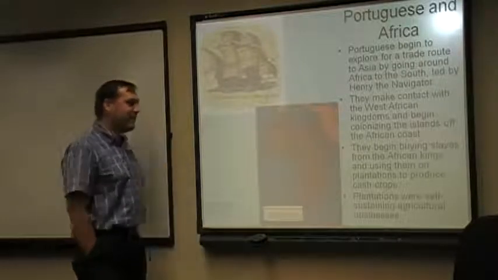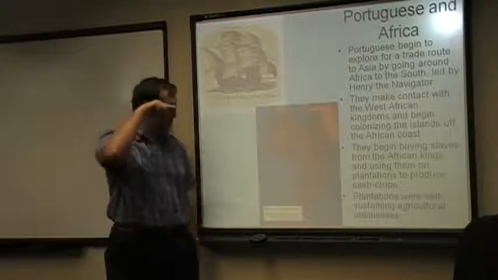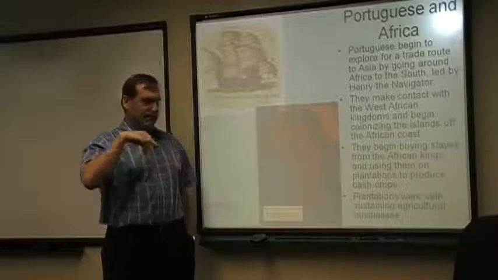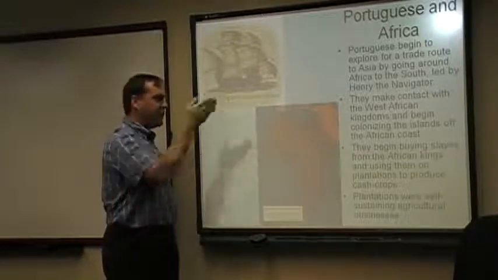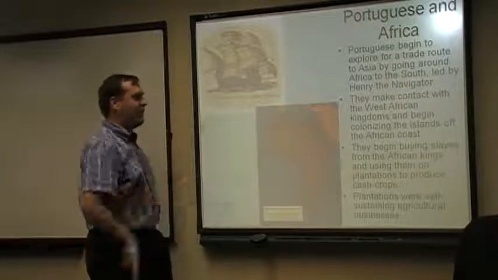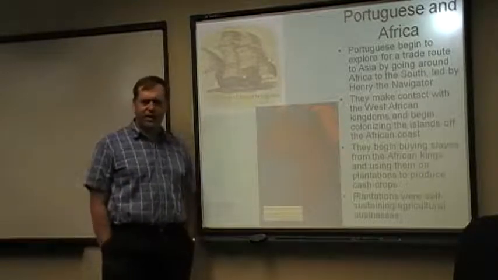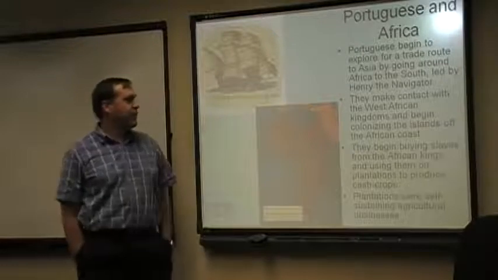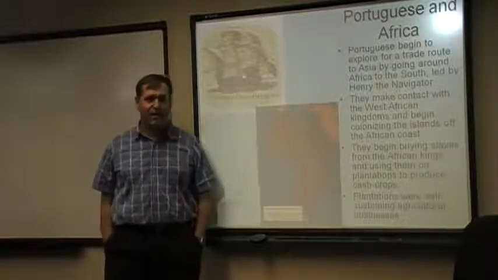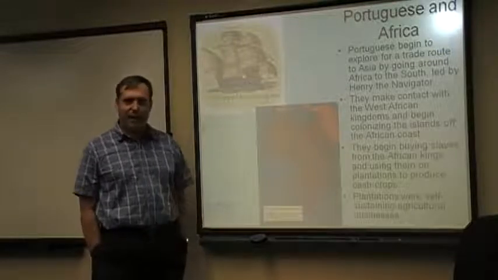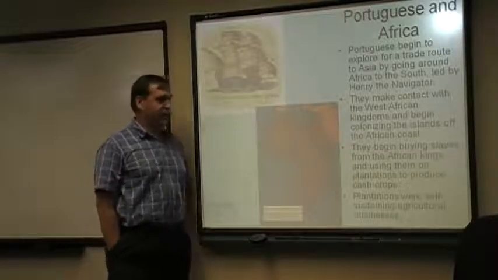So the idea that many of these people had was, well, at some point, if you go south down the African coast, Africa will end, and you'll be able to turn east and get to China that way. The only problem was they didn't have Google Earth to zoom in and say, well, where exactly are we? How are we going to get down there? And so they're going to have to explore the West African coast to figure out how far down Africa actually goes, because many of the maps that they had were really bad.